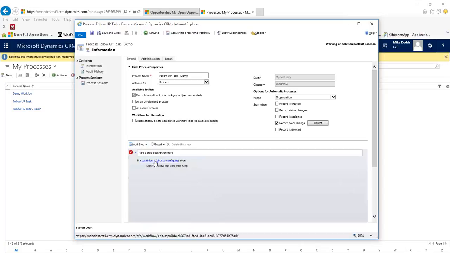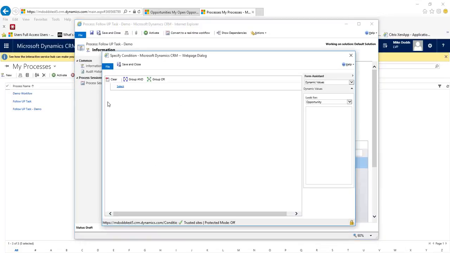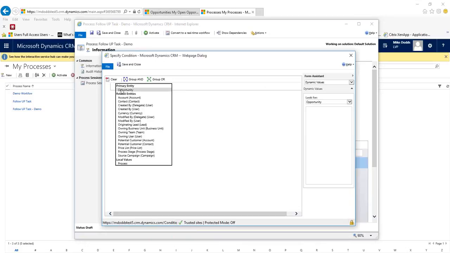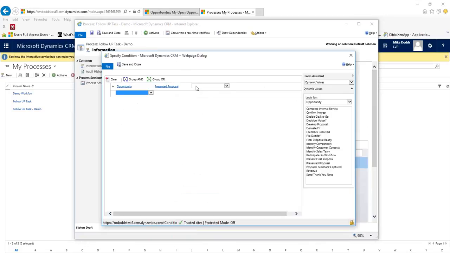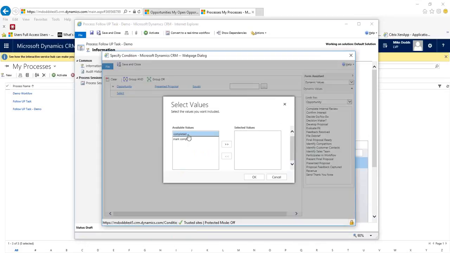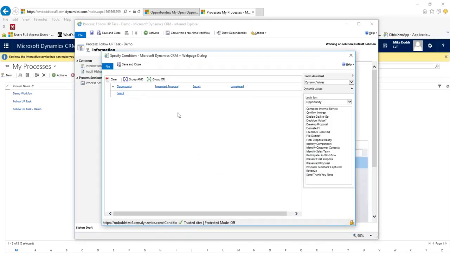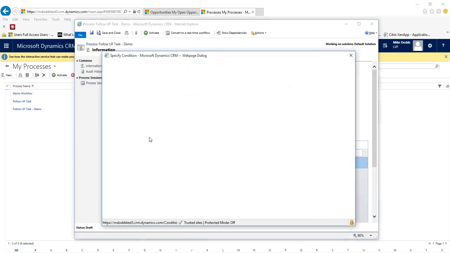So if, and then it's going to have this hyperlink right here. If we click into here, set opportunity. Again, we're looking at that presented proposal field, and we want that to equal completed. So our condition is if the opportunity presented proposal field equals completed, then